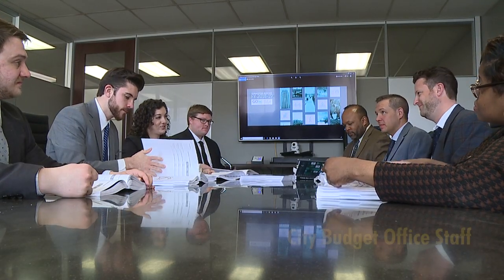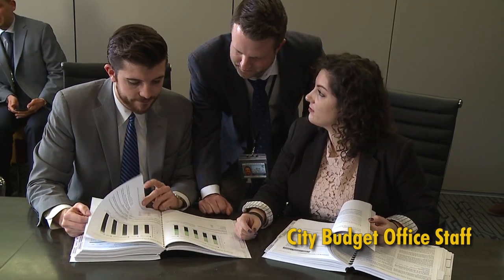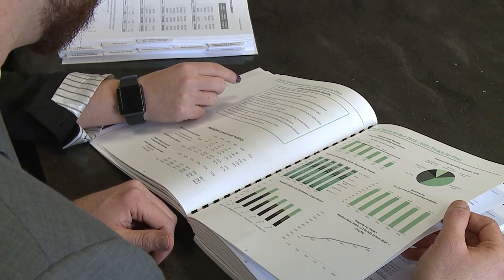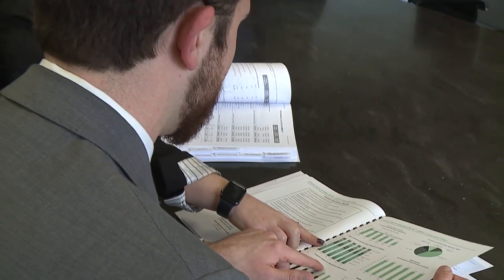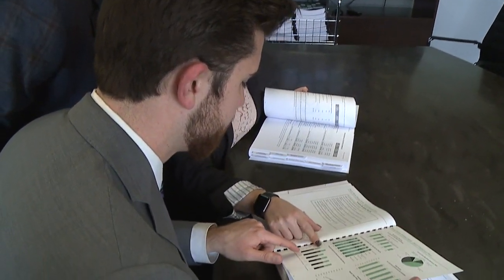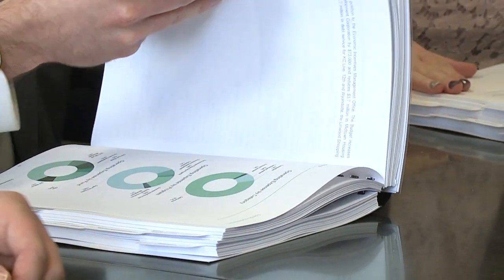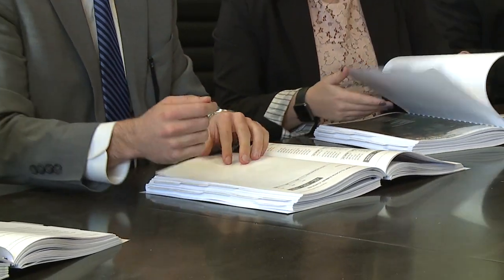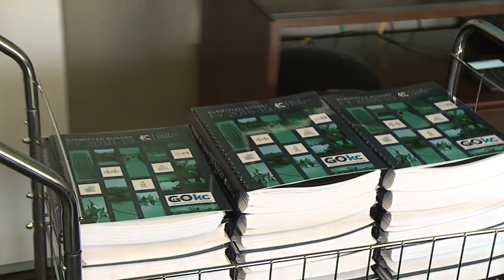Each year, the City Budget Office uses input from resident work sessions, department budget goals, and the 5-year citywide business plan to help develop the annual city budget. Last week, the mayor and city manager submitted that recommended budget to the City Council for approval. But first, residents are invited to learn more about the budget and to provide feedback. The city will hold 4 public hearings out in the community. At each hearing, residents will have the opportunity to hear from city leaders while making their voice heard by directly addressing the City Council. The city's budget officer will start each hearing with an overview of the proposed budget, then